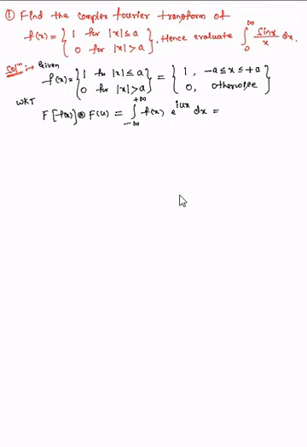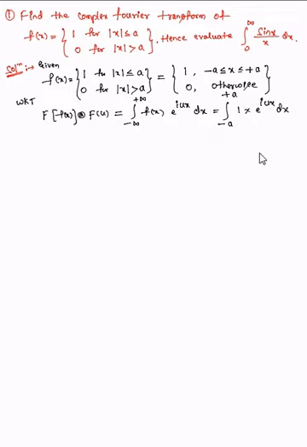So I'll write this as equal to integral minus a to plus a f of x. What is f of x in this? It is 1, into e power iux dx. So only in this interval the function will come, so this integral exists, whereas all other terms become 0. So if I integrate this function, I get the Fourier transformation. So let us integrate this now.